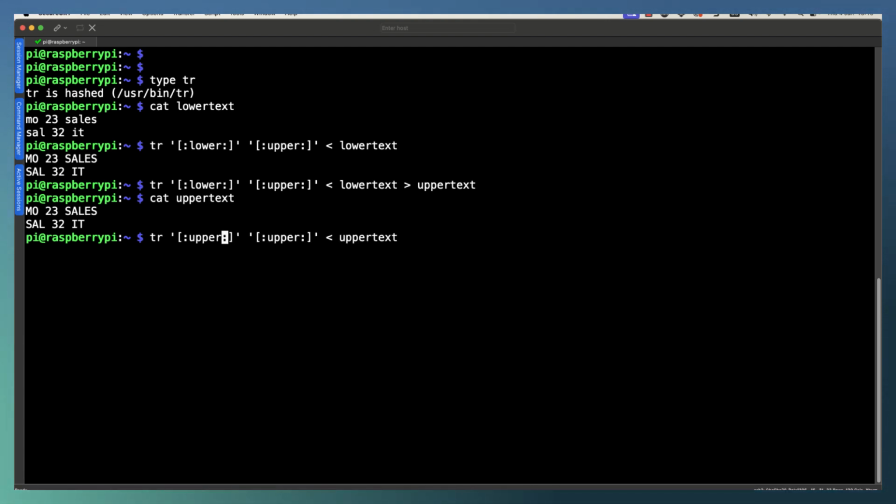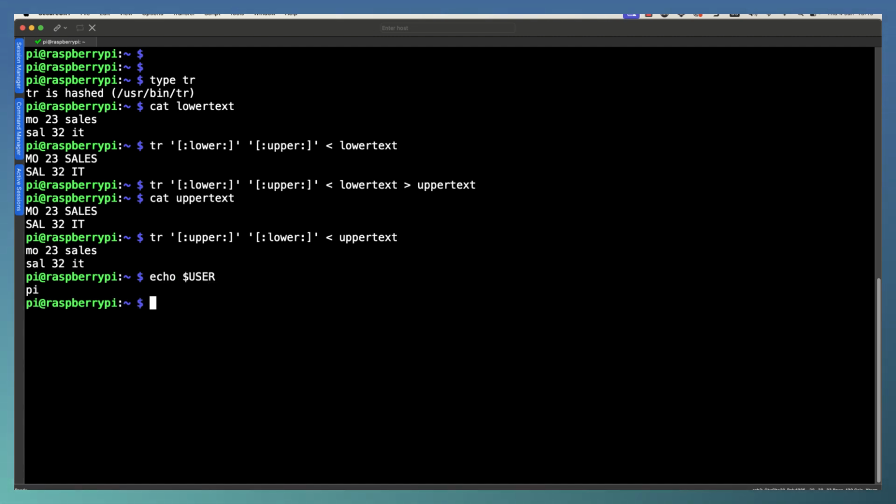We want to convert our uppercase characters, that's set 1, to lowercase, that's set 2. And we can see now that we're back at our starting point where all of our alphabet characters are stored as lowercase.